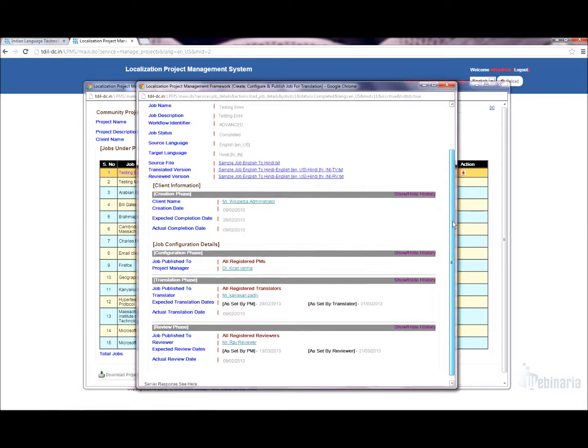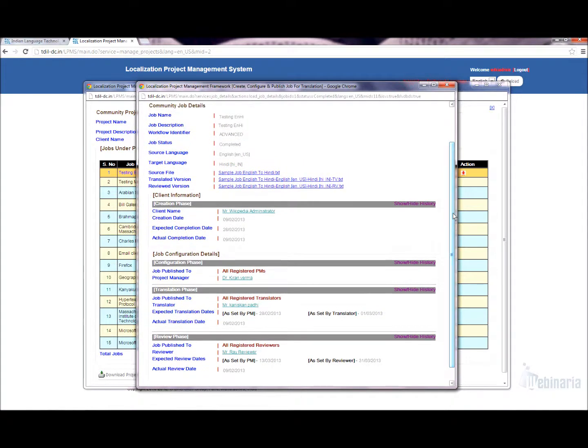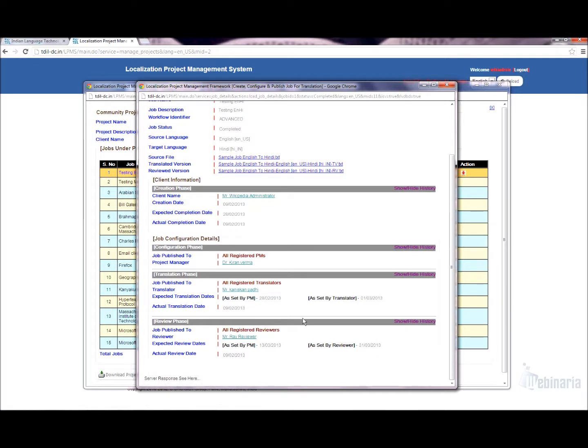In this you will find different details like workflow identifier, job status, and the language pairs of the job. Along with that, you can see the files in translated and reviewed versions and the timelines, and can track the progress of the job through this window.